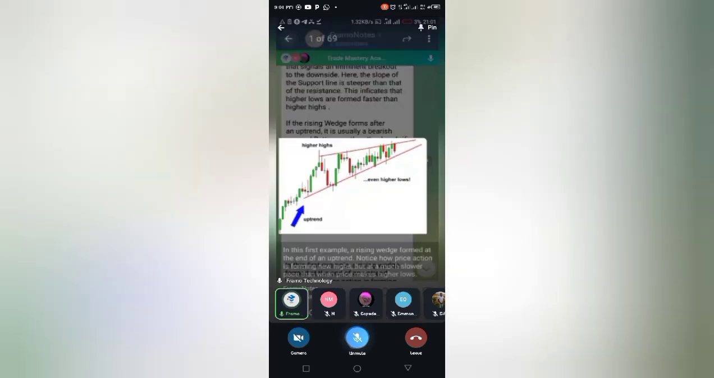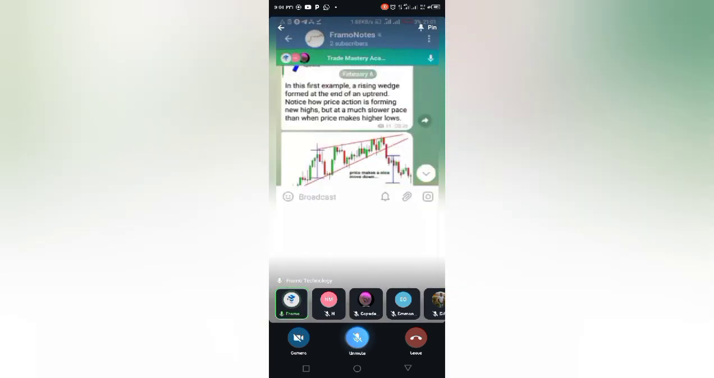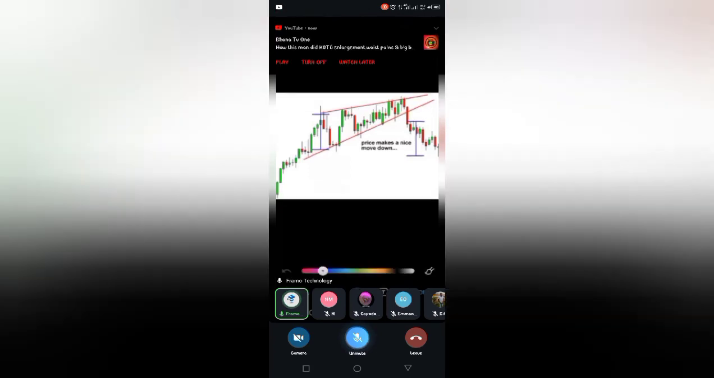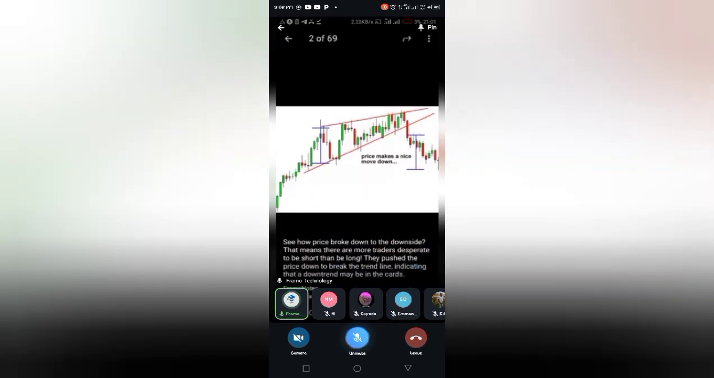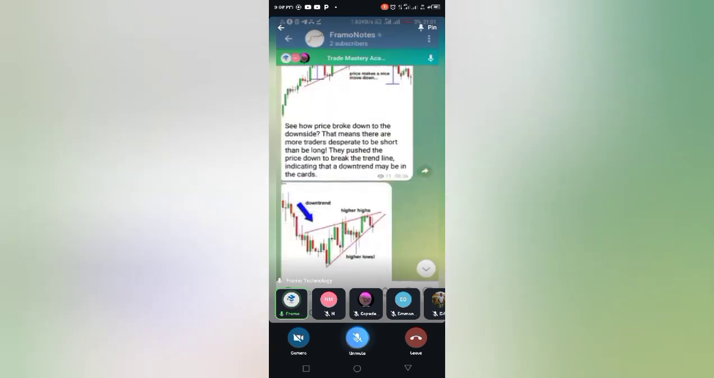Okay. So in this example, let's get here. You could see we had a breakout here. We had a breakout. Then we saw it moving downward. Now, in case you are trading and you see a rising wedge,